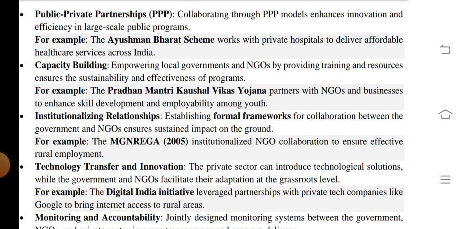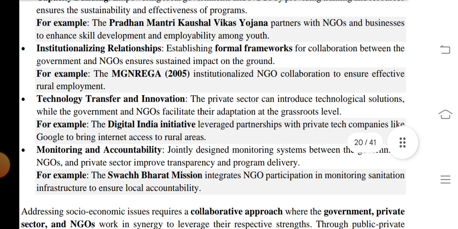While the government and NGOs facilitate adaptation and aid at the grassroots levels, for example, the Digital India initiative leverages partnerships with private tech companies like Google to bring internet access to rural areas. Monitoring and accountability: